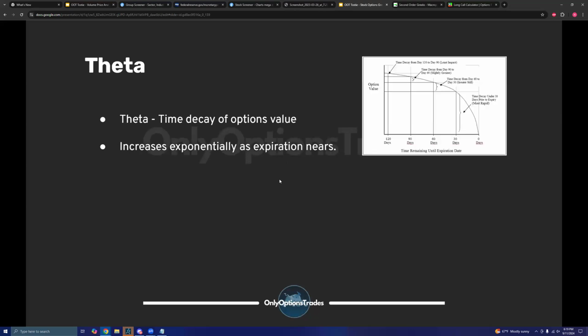All right, theta, definitely every options trader's worst enemy here. Theta essentially represents the time decay of an option contract. And as I mentioned earlier, as the contract approaches expiration, the value of the option contract decreases at an increased rate, and the reason behind that is entirely as a result of theta. So again, as we approach the expiration, theta is essentially eating more and more of the value of that option contract away.